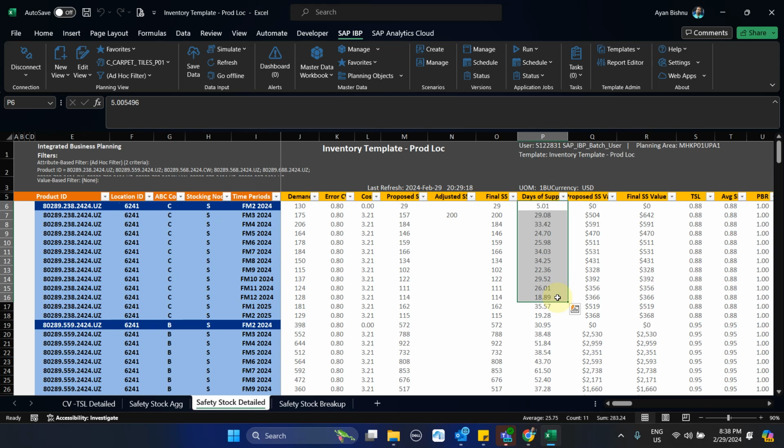The planner does a lot of simulation by decreasing error CV, by decreasing TSL, and checking multiple things. For example, in many organizations, they get a safety stock target not in numbers but in dollarized value at an aggregate level. So once the safety stock is generated, they check the dollarized value at an aggregate level. If it is higher, they reduce the proposed safety stock in such a way that they meet their dollarized financial target for inventory optimization. So this goes through multiple approval processes, based on which the final numbers are then published.